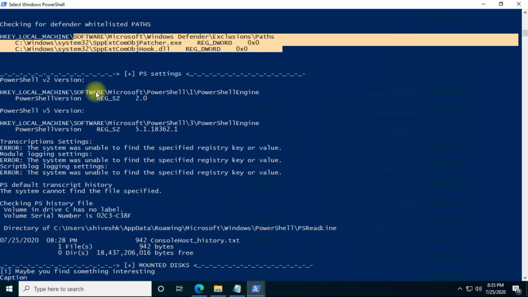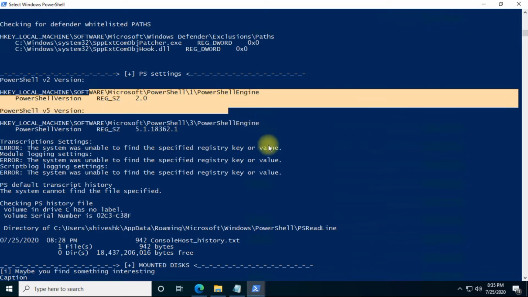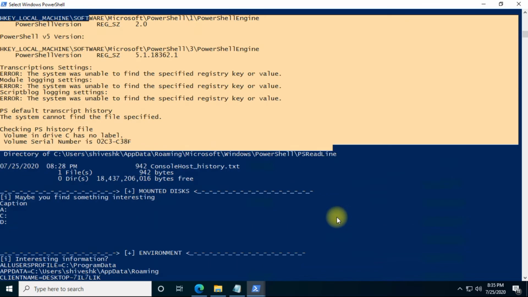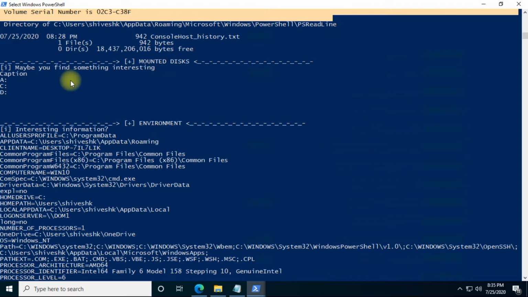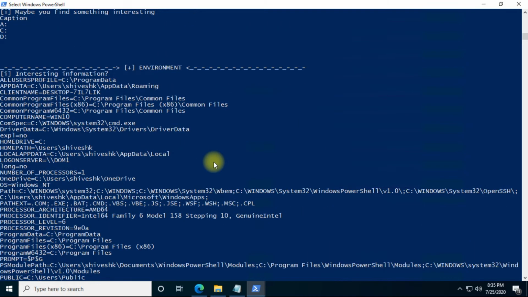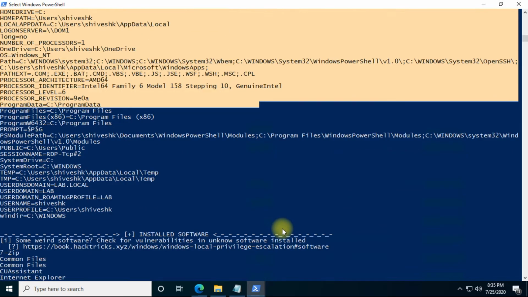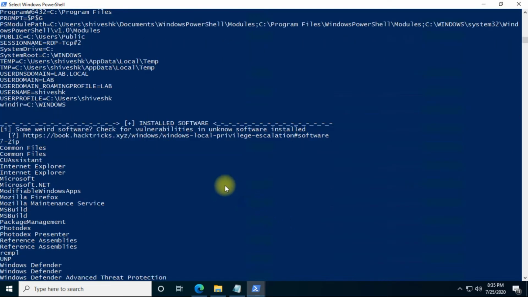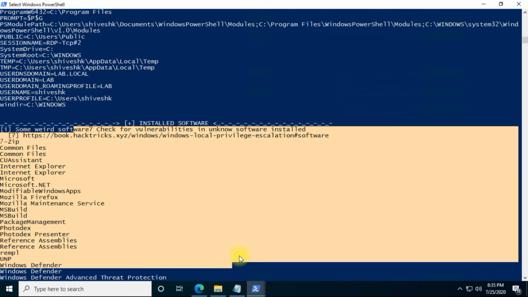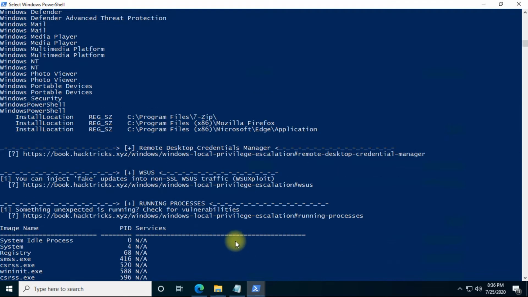Environment information, in-depth information about the environment. What installed software is present on the system, we can get by this. RDP credential manager information. Runtime processes: you can get what processes are running right now in your system.